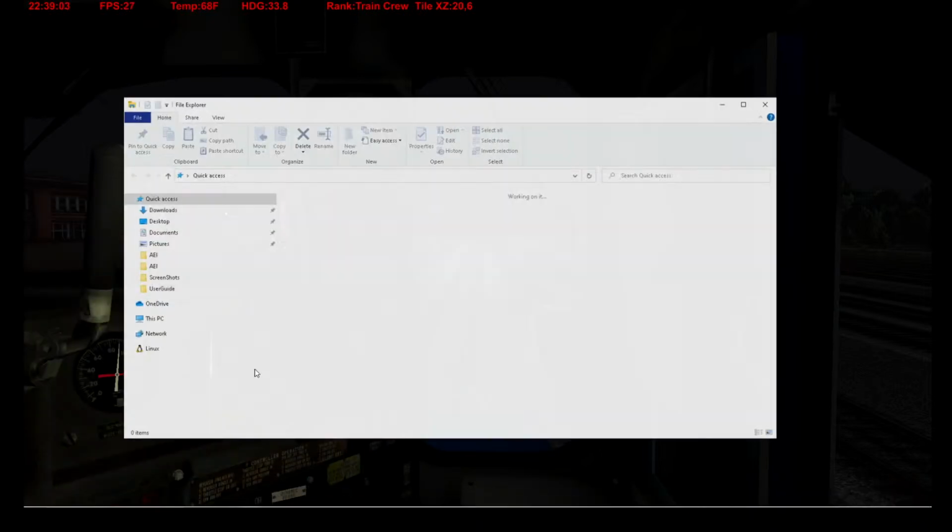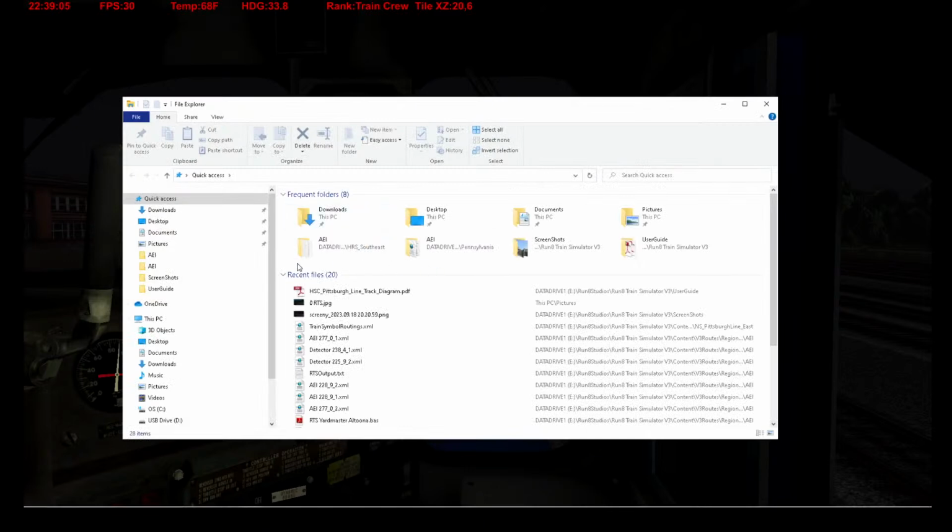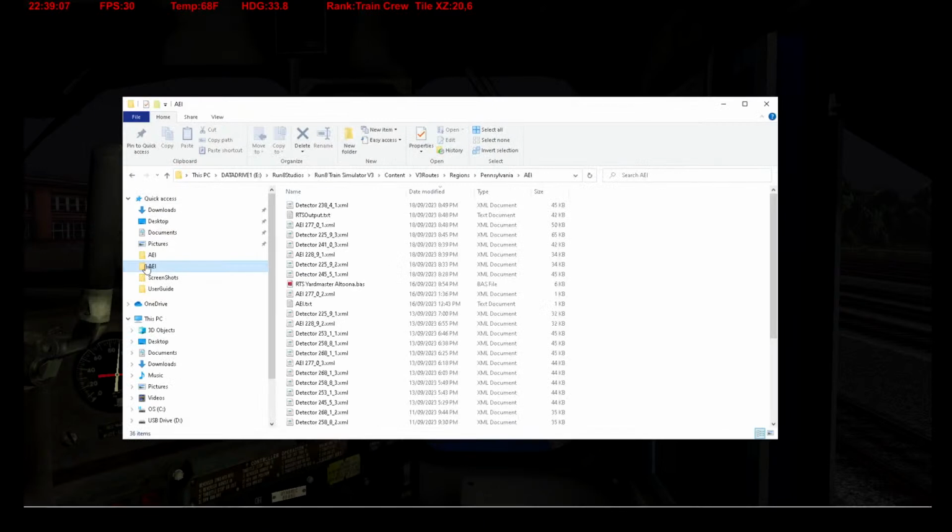what you need to be in, and where you install this, is into the AEI section. This is where the basics are. This is where you'll be installing all the files, in regions, Pennsylvania AEI, whatever route it's on. There'll be instructions for all of this, but